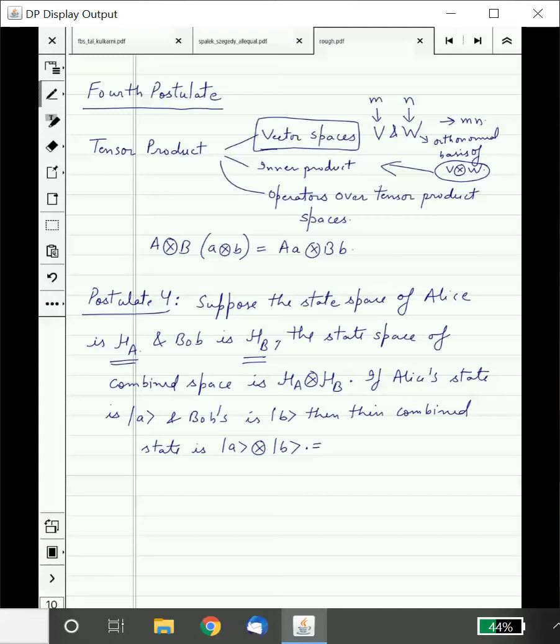Before that, this A tensor B, sometimes in shorthand, we just write like that. This has been told to you before. This is postulate 4. What does it tell you? It expresses the state space of a composite system in terms of the state space of the individual systems. The individual systems were HA and HB, then the combined system has state space HA tensor HB. If we know a basis state of Alice and a basis state of Bob, then we know the combined state also. Though these are not the only states in HA tensor HB,